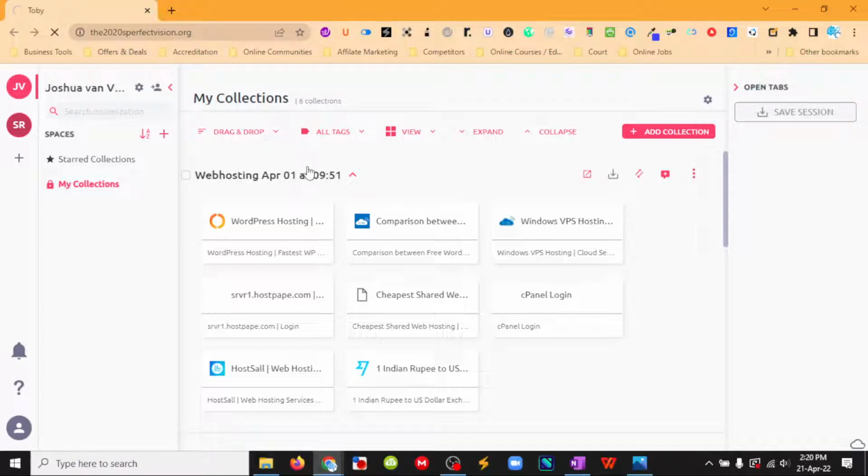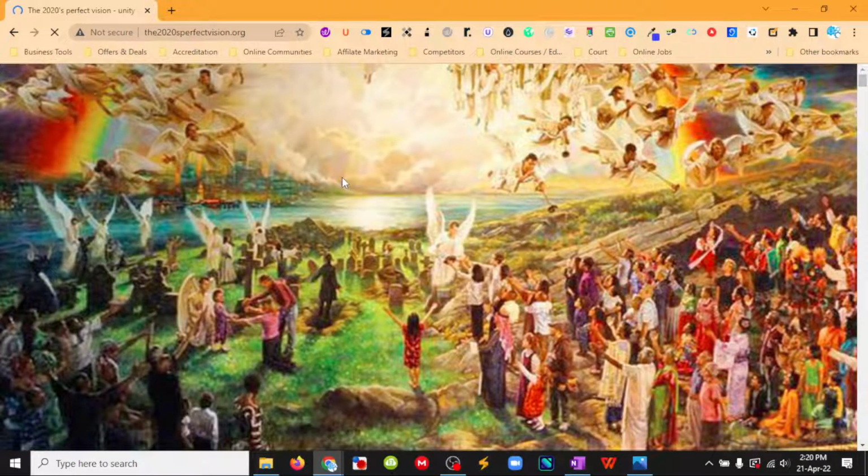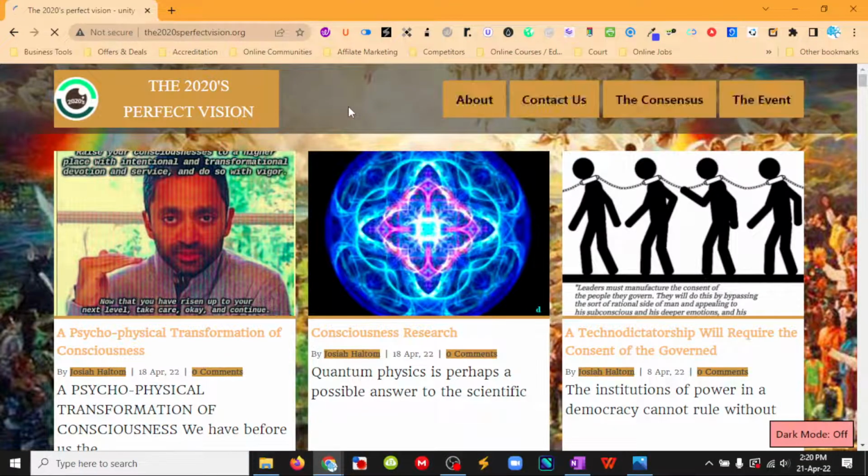The 2020s perfect vision is the URL. Okay, so it's now loading. Okay, still loading,